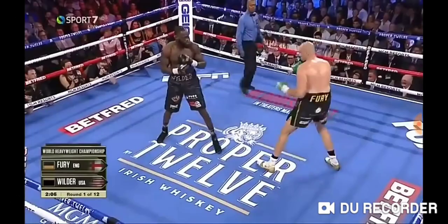Now Deontay Wilder landed a right hand there. When it came down to it overall, he lands a couple. He lands about 4 or 5 within the first couple of rounds. But then I don't think I ever see him really land a right hand again, or at least not a flush one. And really, those ones are not flush, and let me tell you why, meaning that they're not their